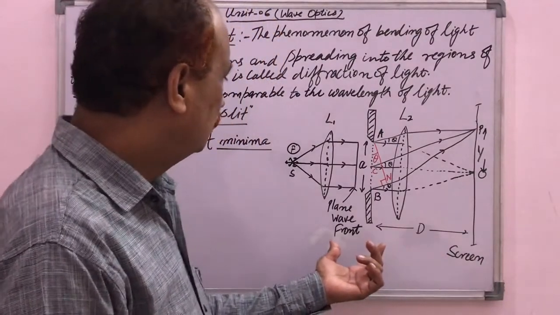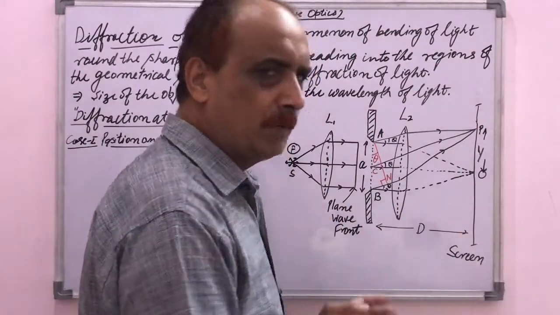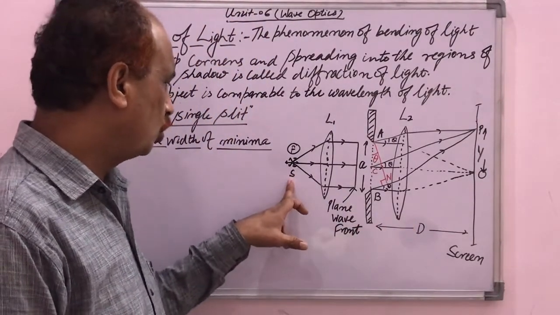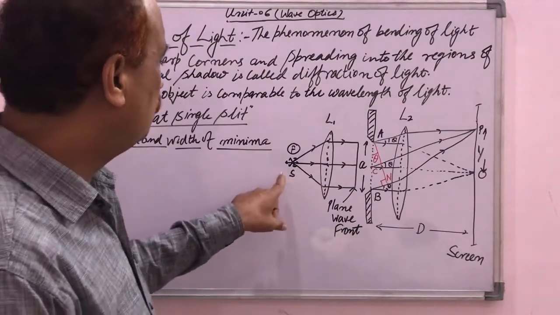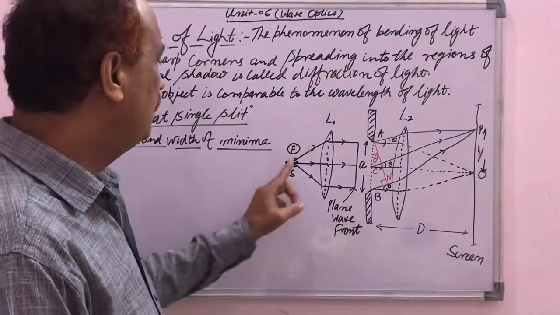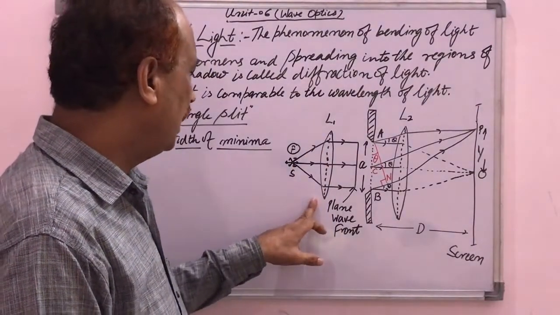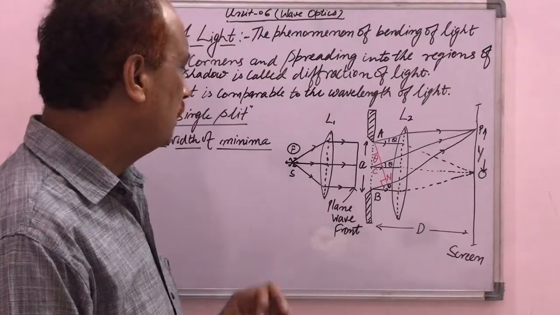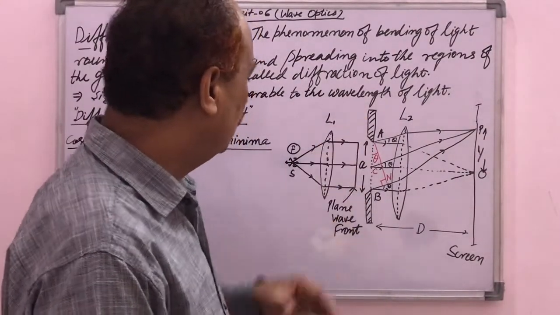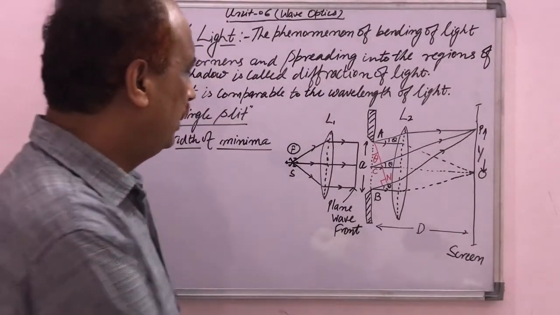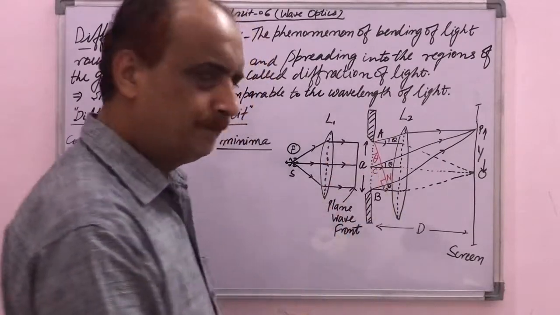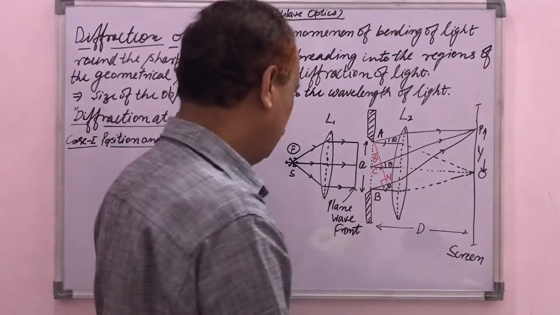a diagram. So we have to set up a particular experiment just like in the diagram. Here S is a monochromatic source of light. It is placed at the focal point of the lens L1. It's a convex lens. So when light is incident on the convex lens L1, it becomes parallel to the principal axis. And a plane wavefront is incident on the slit AB of width a, because it's a narrow slit.